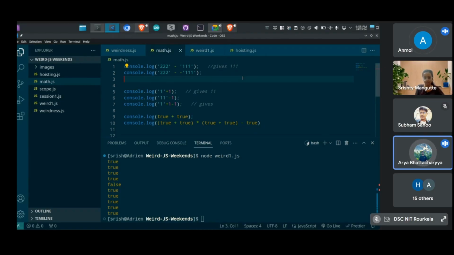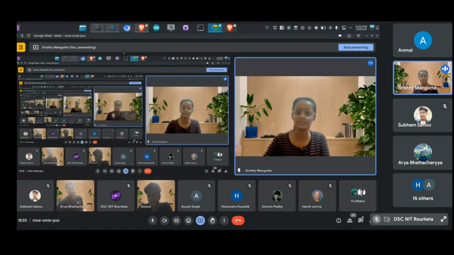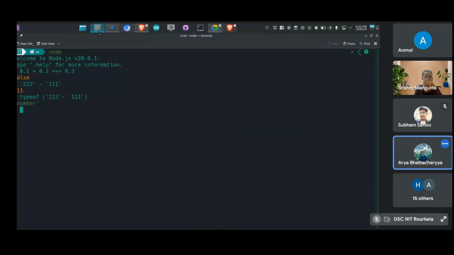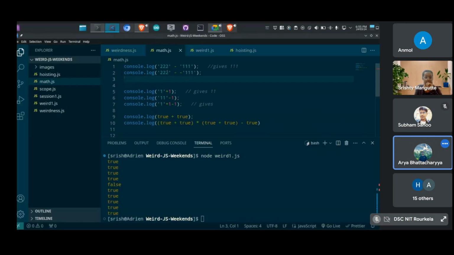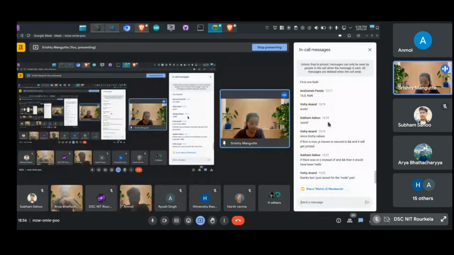Where the banana answer came, if you guys remember. And someone also mentioned shouldn't that be plus, or it's similar, I guess. Himanshu got that. So we have seen that string 222 minus 111 gives 111, but here what will happen in the second one? Whoever answers this question, because this one's trickier, will get extra bonus points.